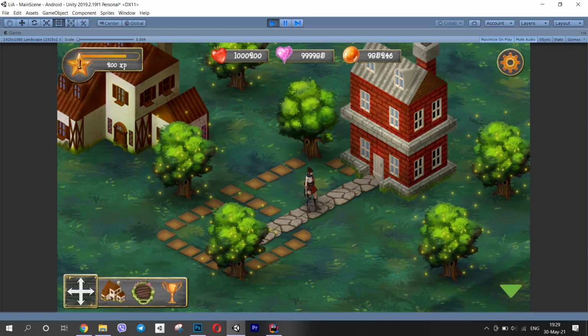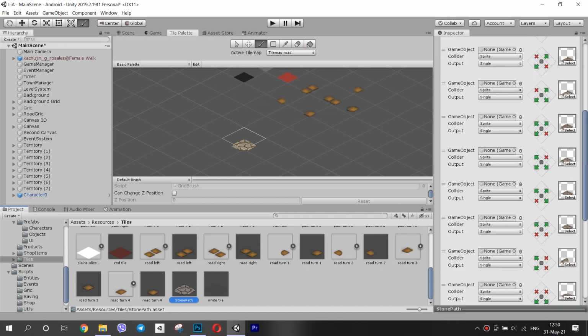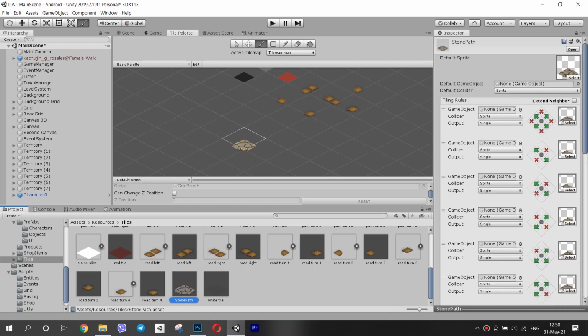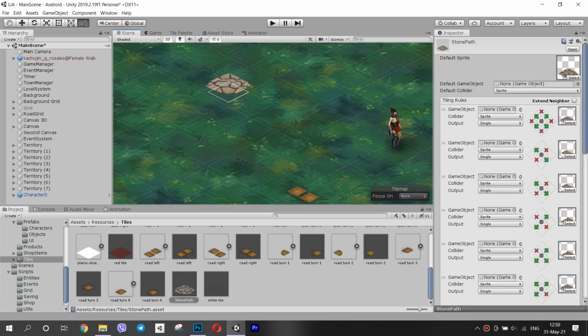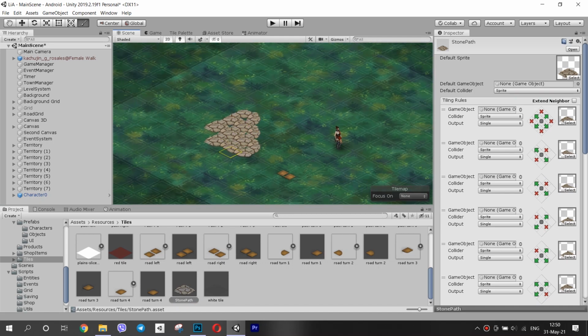You may already know that I am all about making my dev life easier, so when I found a tutorial on how to implement pathfinding on a grid, I just copied and pasted the code into my game. I had to install the 2D Extras package to get access to the rule tile.